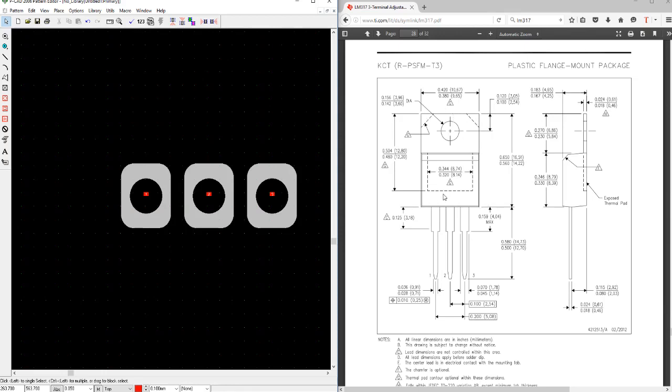Now our outline is very critical because, as I said to you guys, you need to place the silk screen of the components at least 0.5 millimeters from each other. That facilitates good soldering, and it gives you good clearance around your component as well. So for that we're going to use the maximum material condition, in other words the maximum dimension that we see here. So we're going to define a block 10.67 by